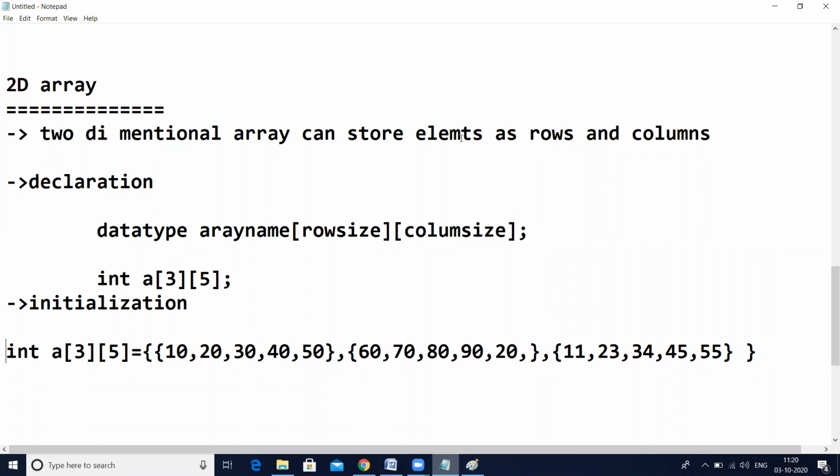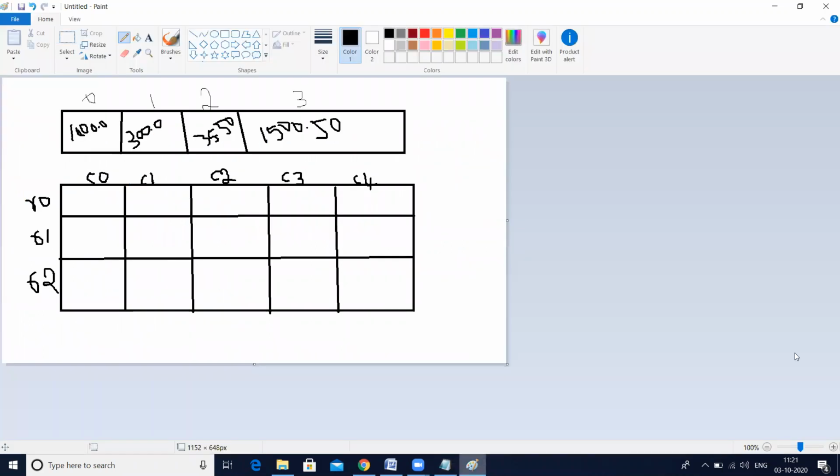In this, this is the zeroth index column. This is the zero index row, this is the first index row, then this is the second index row. Next columns: this is the zero index column, first index, second, third index, fourth index, 0 to 4. All this is 0 1 2 3 4, next 0 1 2 3 4, like that. Elements will be stored. You understand, I think.